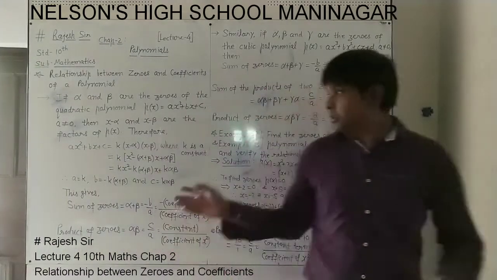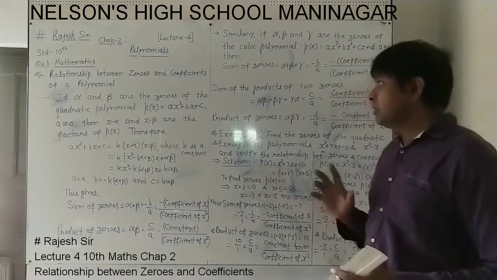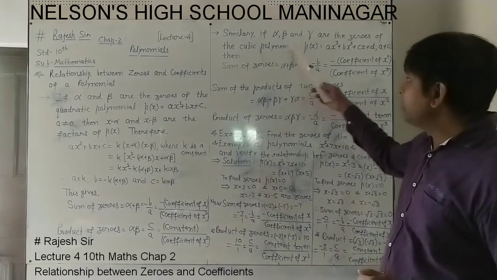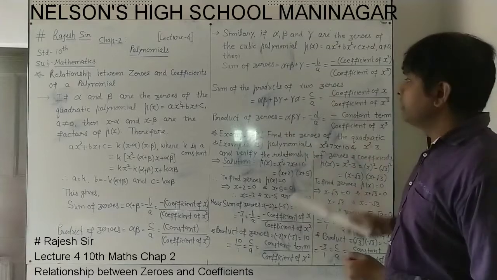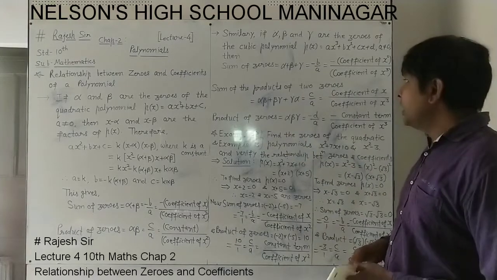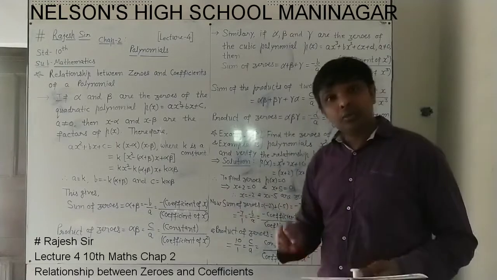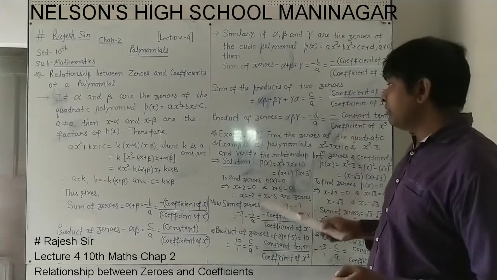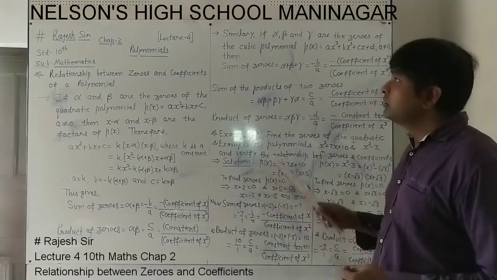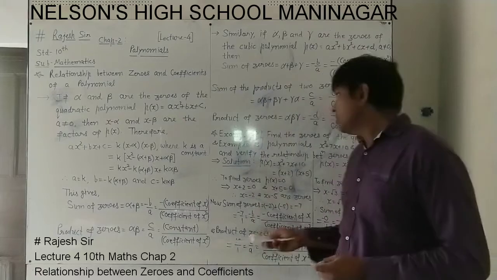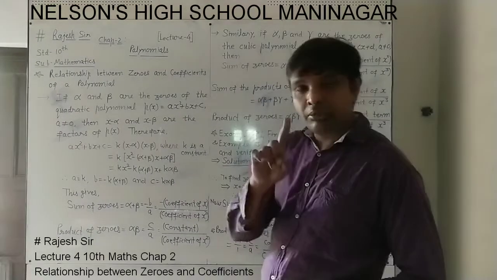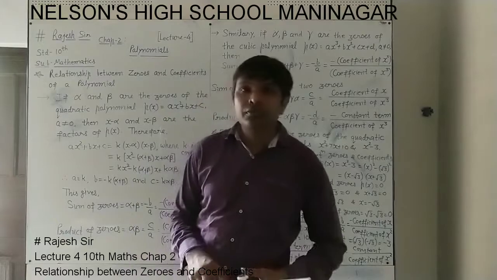This is all you have to write down in very good handwriting. In the exam, a 1 mark question can be asked from this theory, and any question related to this can also be asked. So you are advised to write it down in very good handwriting, remember this, and understand this. Do examples 2 and 3, and then in homework, do question number 1 of exercise 2.2.